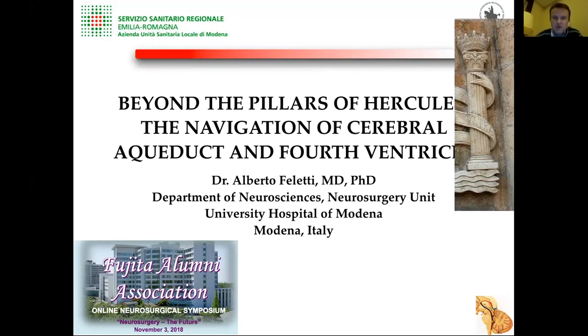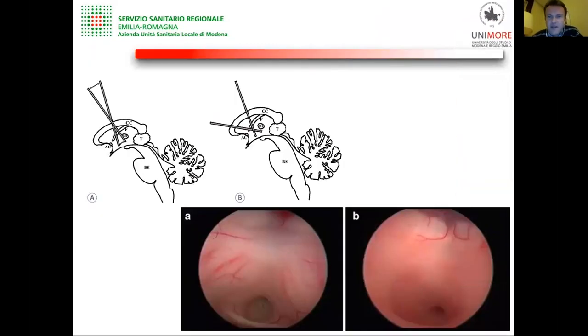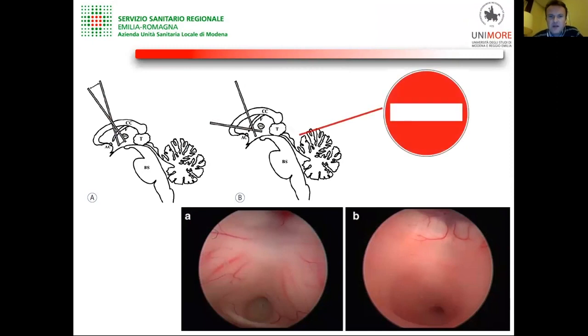endoscope. As you all know, in the past, ancient Greeks thought that the world was flat, and they also thought that the western border of the world was constituted by the Pillars of Hercules, a place that nowadays we know as the Strait of Gibraltar between Spain and Morocco. It was forbidden for human beings to move over that limit because it was considered dangerous and nothing could be found besides water. And for many years, the cerebral aqueduct has been considered like the Pillars of Hercules for